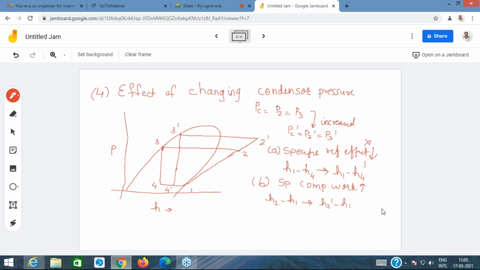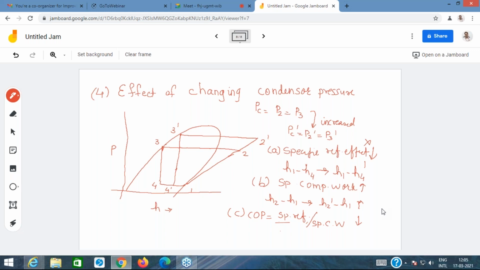Not at all desirable, right? Because you know that the coefficient of performance, which is the ratio of the specific refrigerating effect to the specific compressor work, would decrease, and this is again not acceptable for us, right? So then what we should do, if we want to enhance the performance of the refrigeration system, is we need to